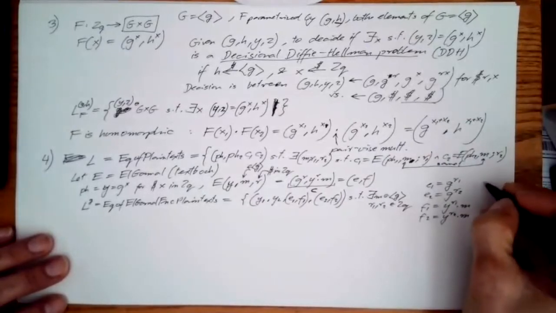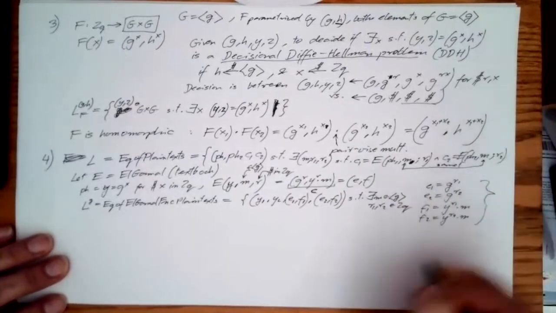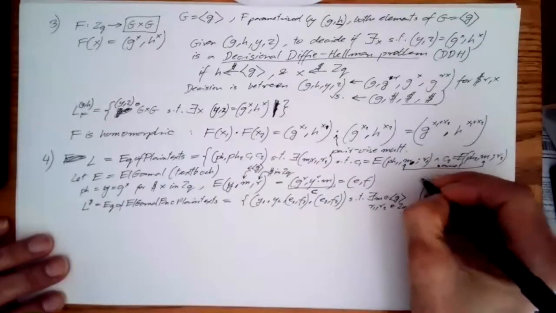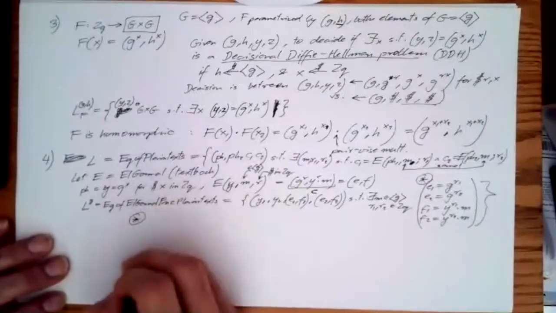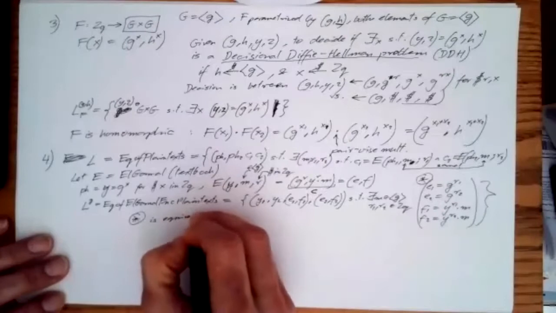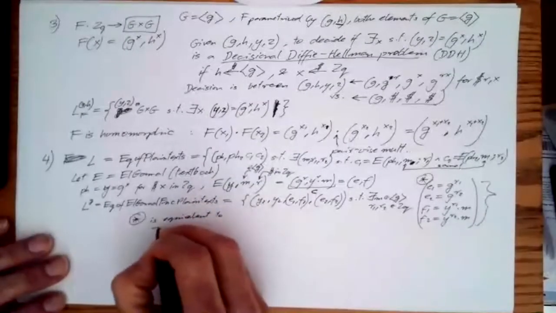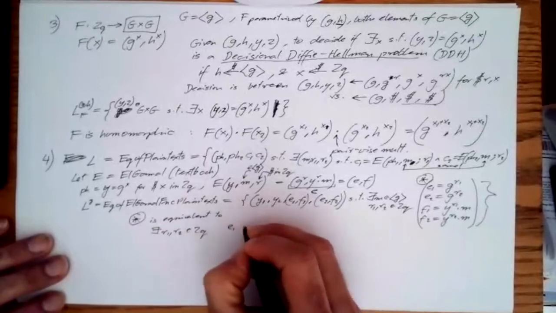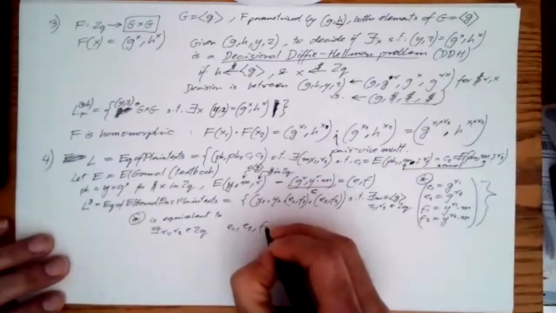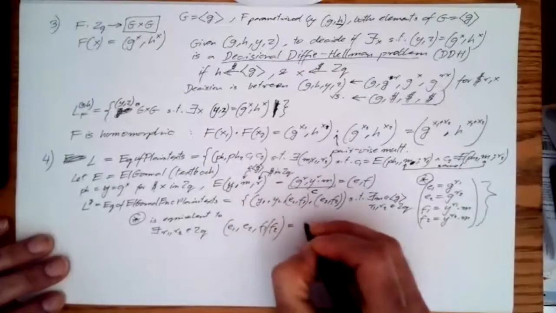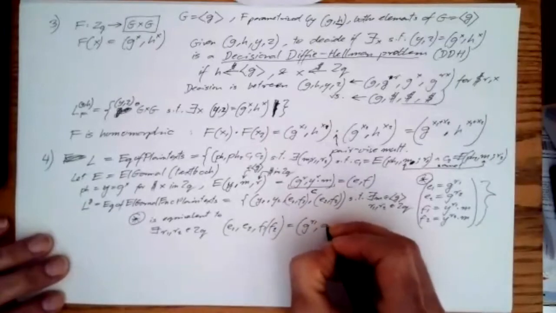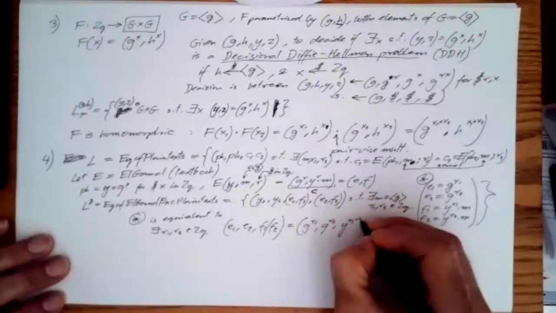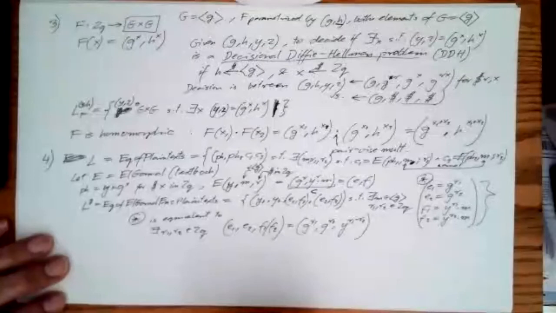Now, I can equivalently, sorry for the ugliness of these brackets, take the system of equations, which is equivalent to the following statement: that there exist just r1 and r2 in Zq, such that e1, e2, and f1 divided by f2 are equal to g to the r1, g to the r2, and y to the r1 minus r2. Okay, because